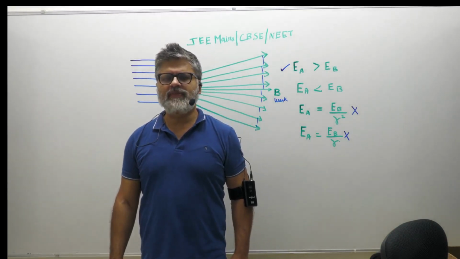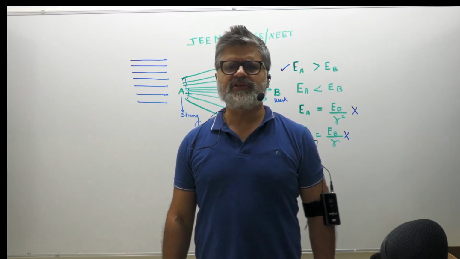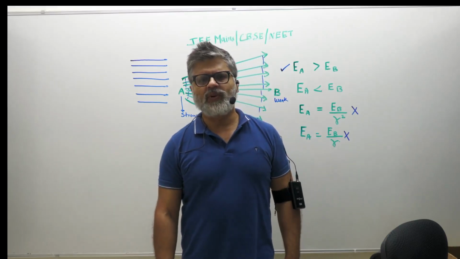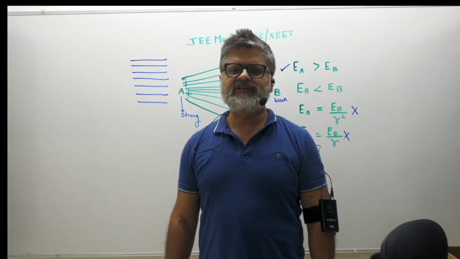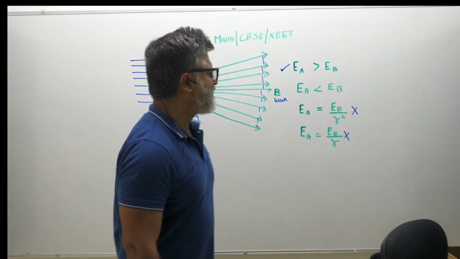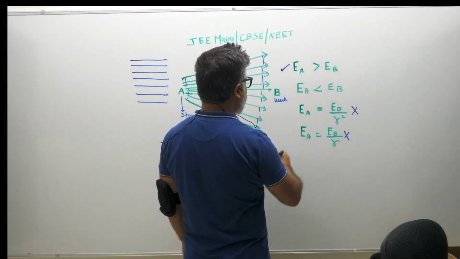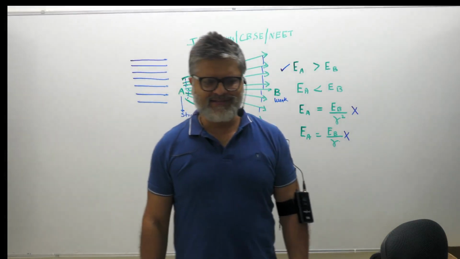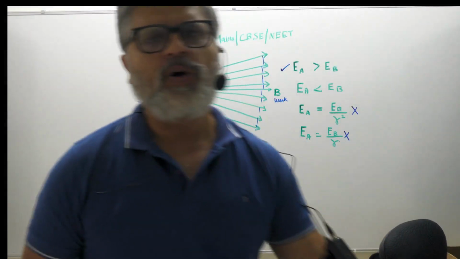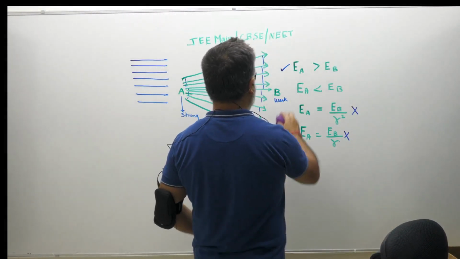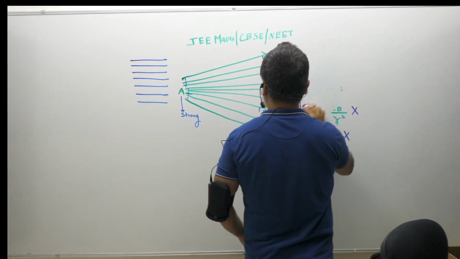You can be asked a one marker question in NEET examination or JEE Mains similar to this. But I will tell you a small advanced version of this, which you would know because you would have done uniform electric fields. Let's say there is a dipole which exists in an area close to this electric field, and let's see what is the direction of motion of the dipole in this situation.